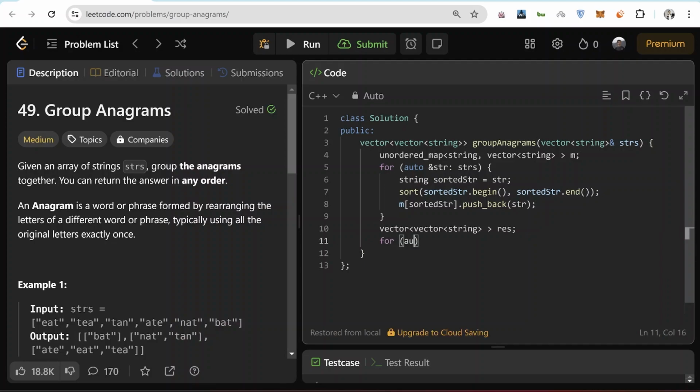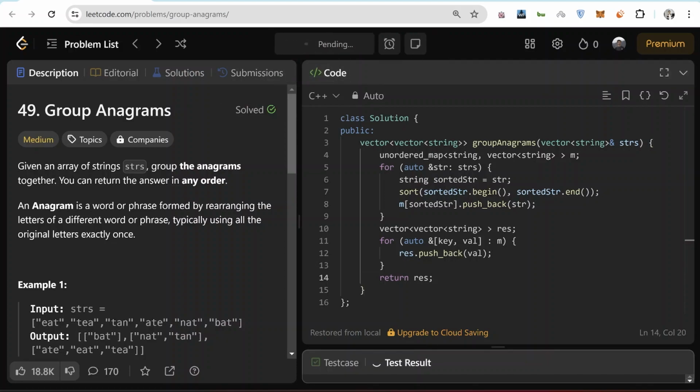And now I will go through each key value pair in this map that we have created, and in the resultant vector I want to push back the values, and in the end I just return the resultant vector. This should work. Let's see if it does.